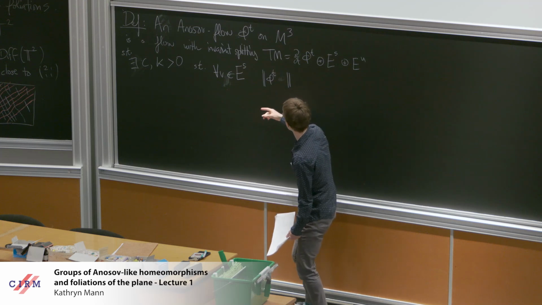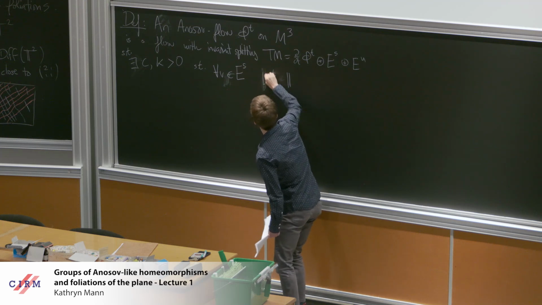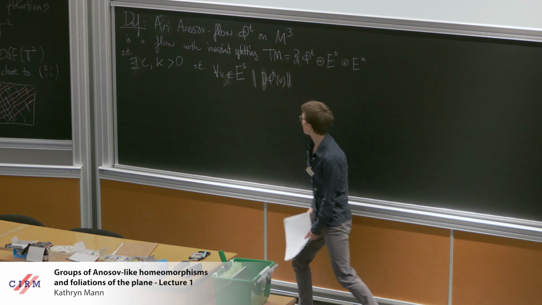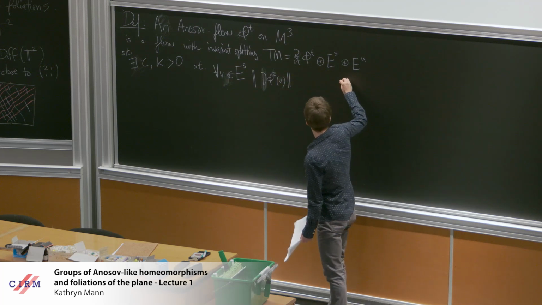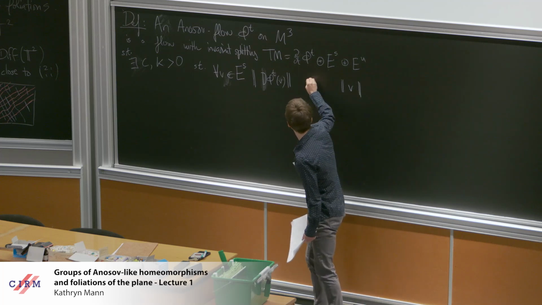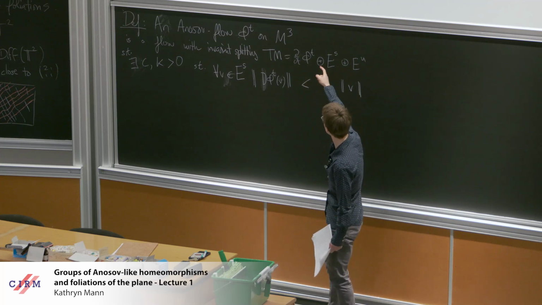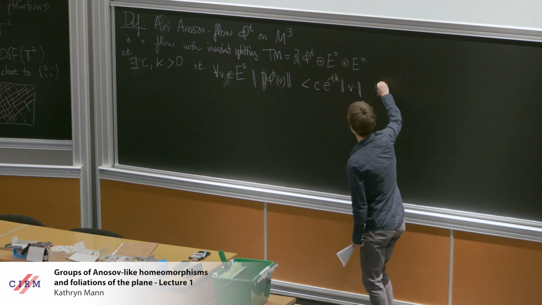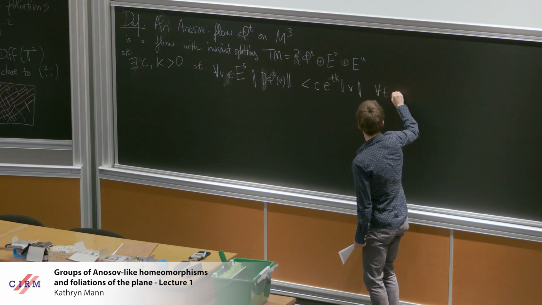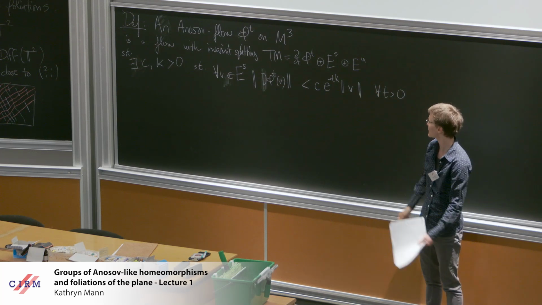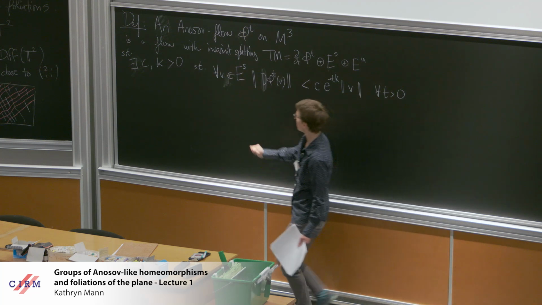So this is a tangent vector, so really I need the derivative of the time t map acting on it. And I compare its norm to the original norm of the vector. It gets contracted by a factor that's exponential in t, e to the minus t k times the norm of v, for all t greater than 0. So this is just saying the size gets contracted in the future, and a slick way to write this